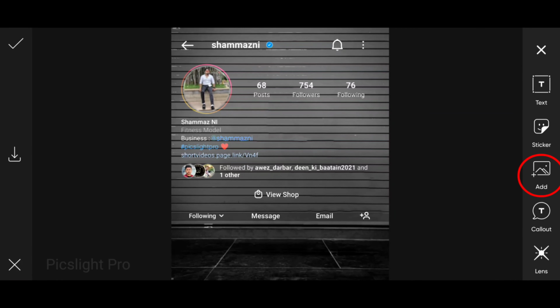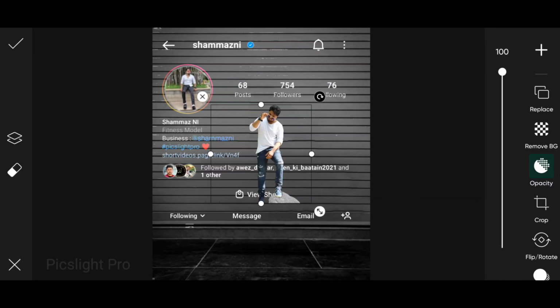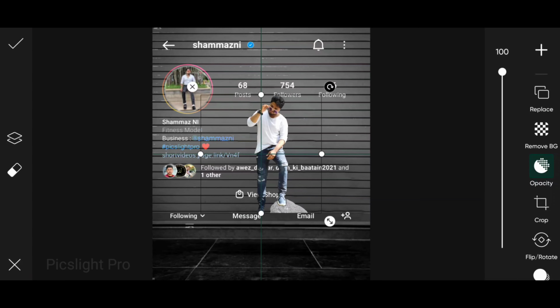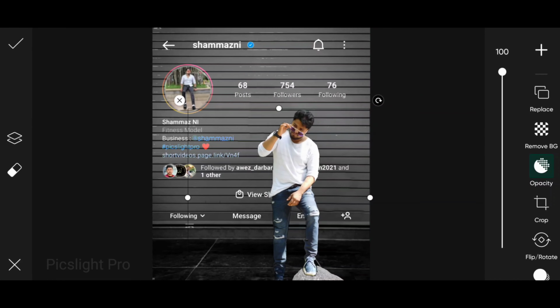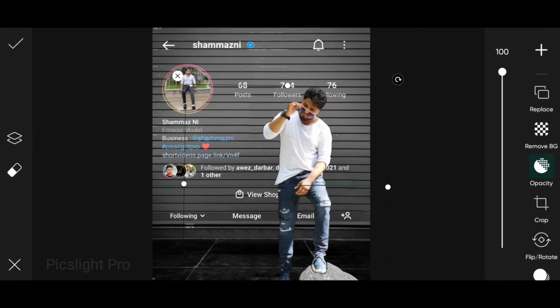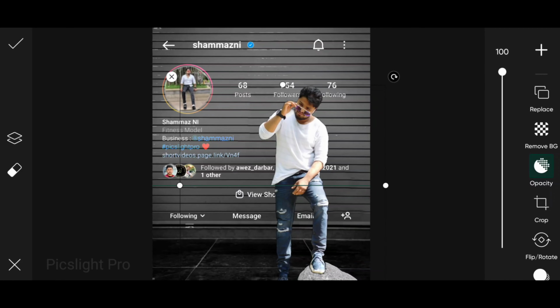Again you go to add photo and select the model. I have already cut this photo. If you want to learn how to cut the photo, then I have made a separate video on that. You can check it out. Now we just have to set this photo